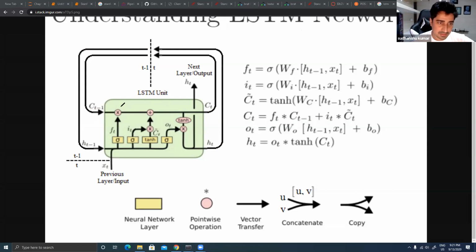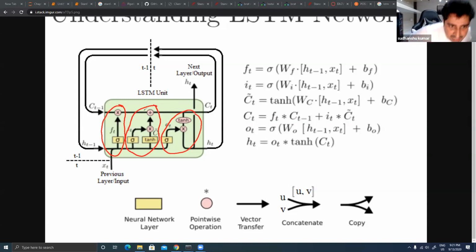If you look at this one cell, this is a forget gate. This is a memory channel, which helps you build a memory, and this is the output channel. So there are three channels that have been introduced inside a single cell itself.